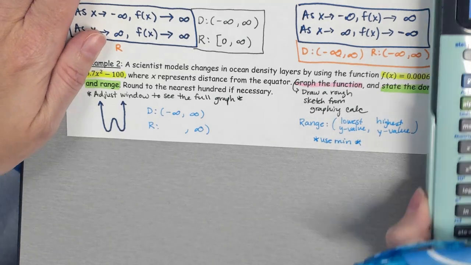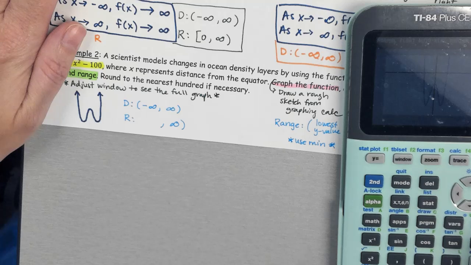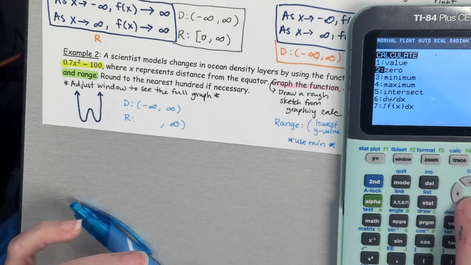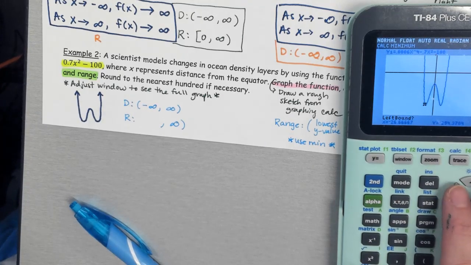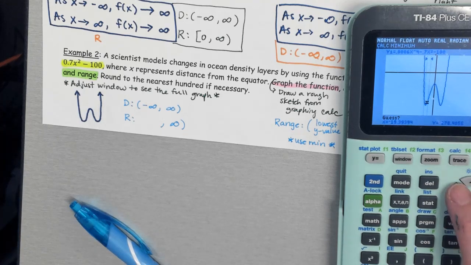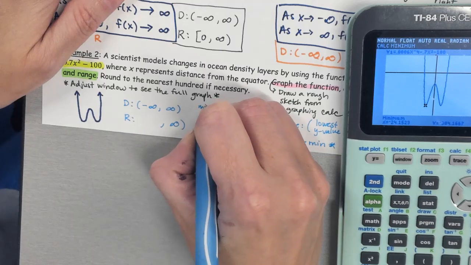Okay, you do not just want to trace it because that's not going to give you the value. And when you use the minimum feature, you're going to have to find the y-coordinate because remember the range has to do with the y's. So just like we've done before, we're going to do the right bound, we're going to do the left bound. Okay, so for the minimum y value,